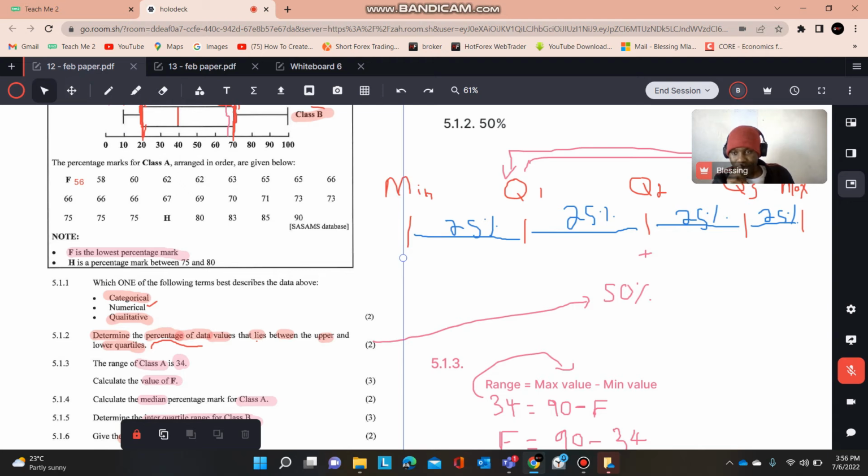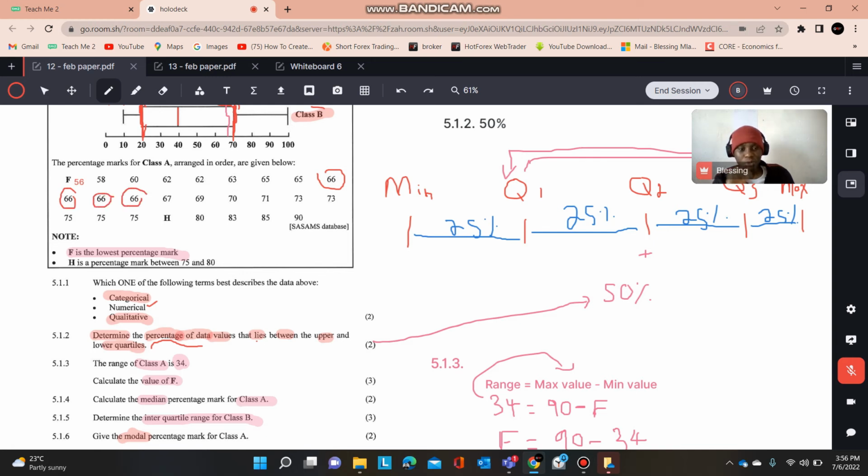By looking at the data, you can see that it's 66. 66 appears 4 times. There's no other data value that appears 4 times or more. 62 only appears 2 times. 75 only appears 3 times, but 66 appears more than any other data value, meaning that 66 is your modal